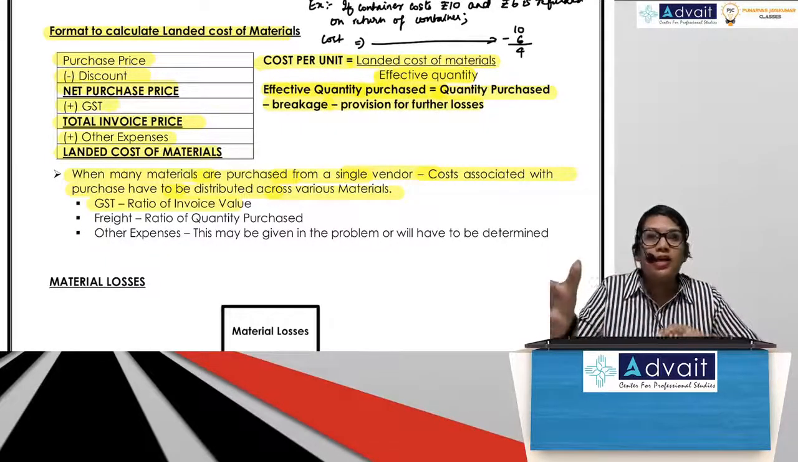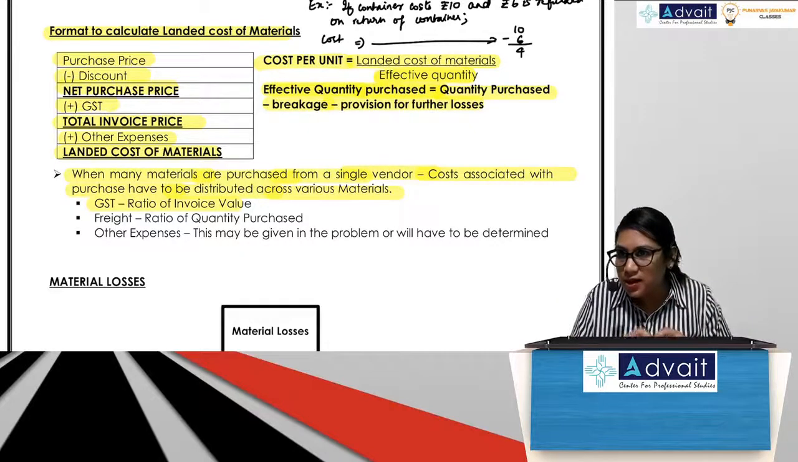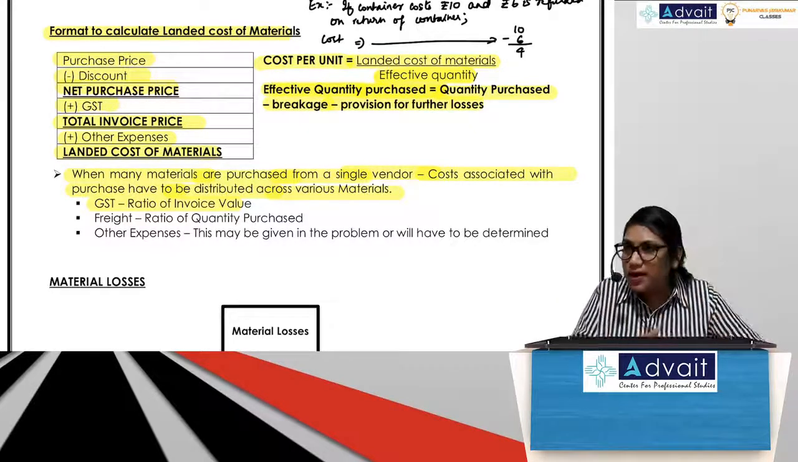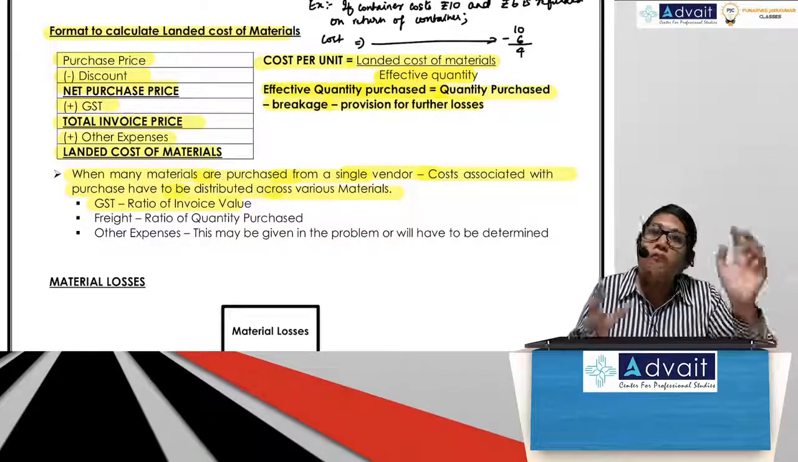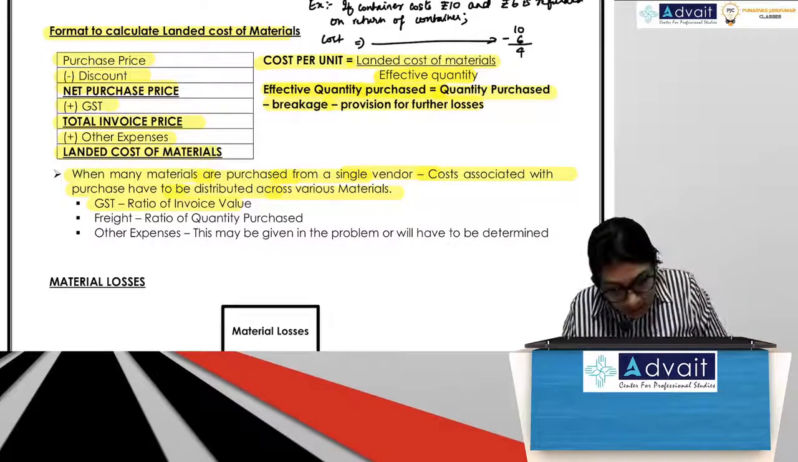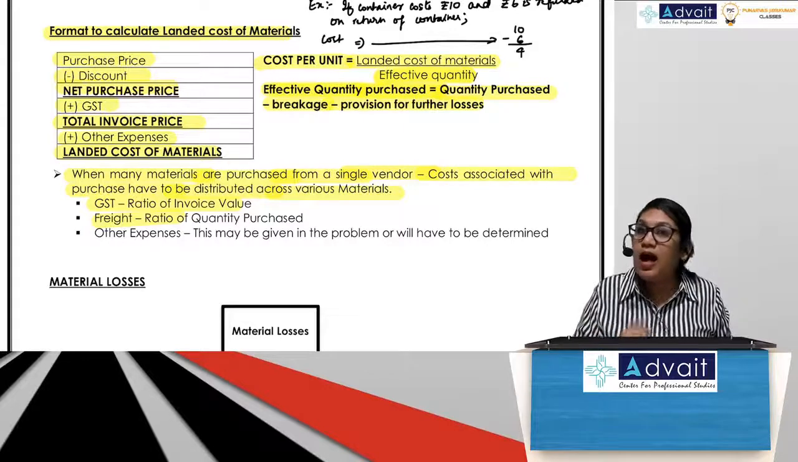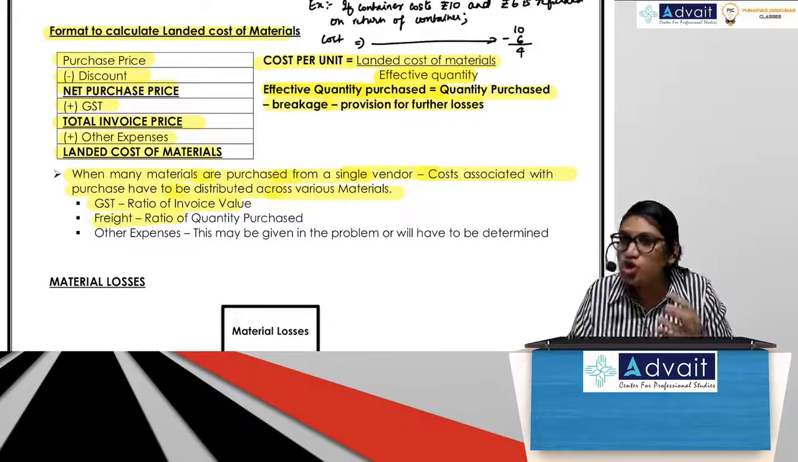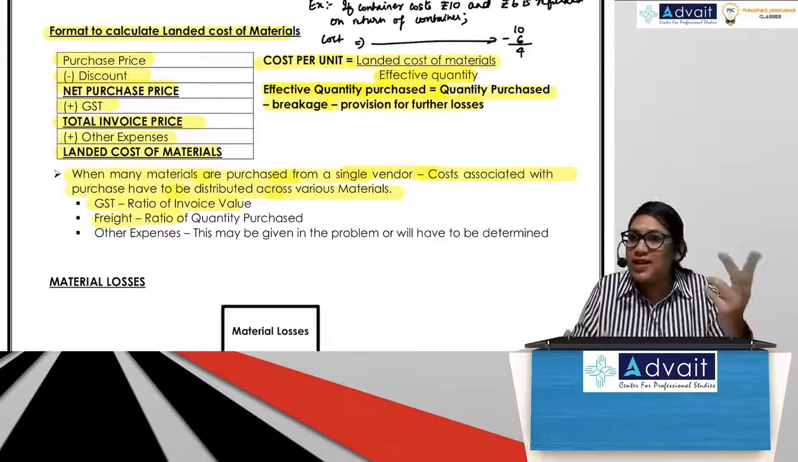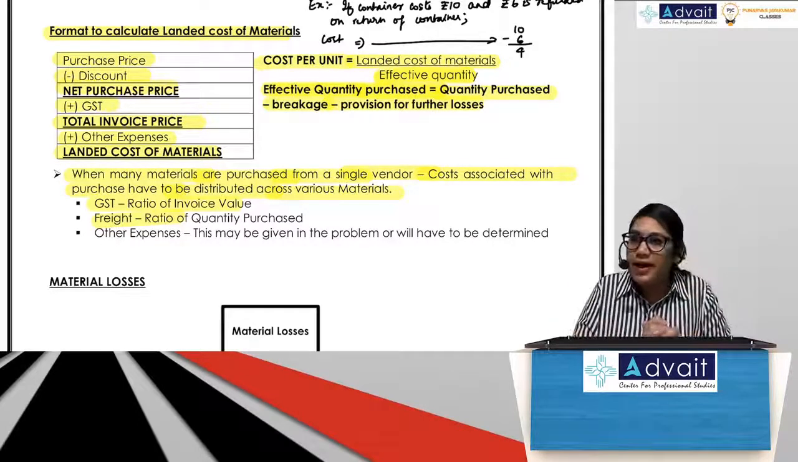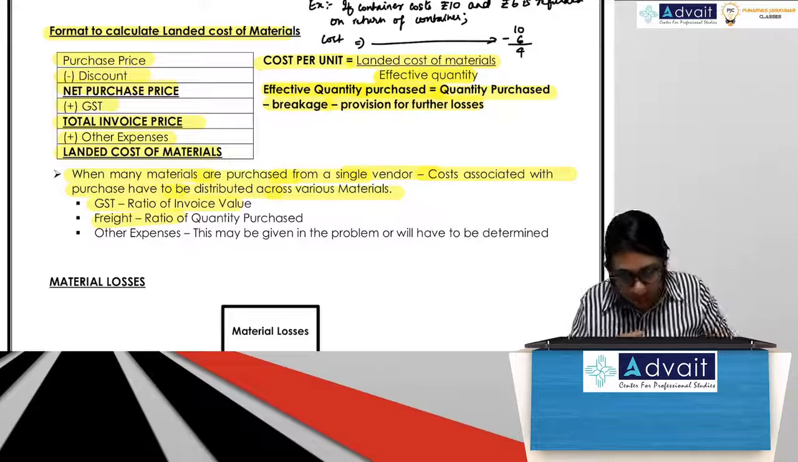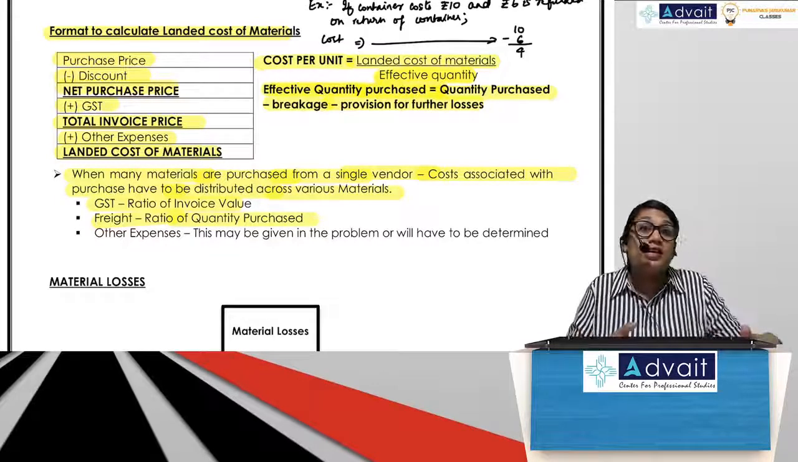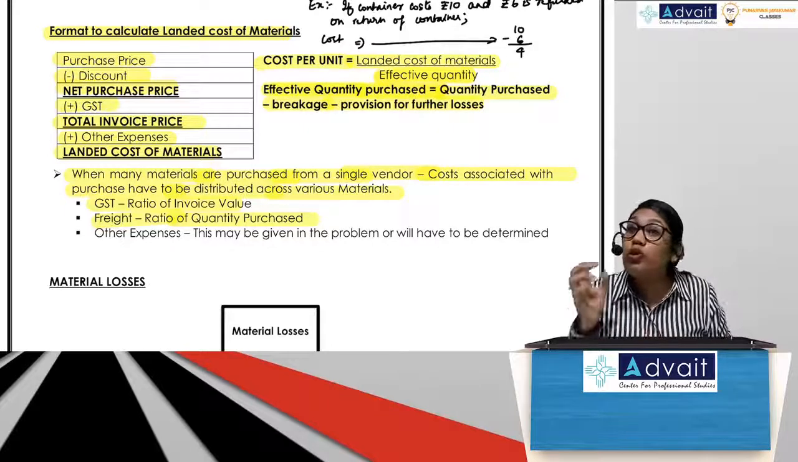We know how many units we have purchased for A, B and C. Correct? We know what the unit price was for A, B and C. So we can easily split that. GST can be split in the ratio of purchase value. That is simple. Freight can also be easily split. How? Freight is usually paid on the quantity which is transported. So depending on the quantity of A, B and C that I've purchased, I will be easily able to split my freight. Correct? When it comes to other expenses other than these, then we will have to read the problem